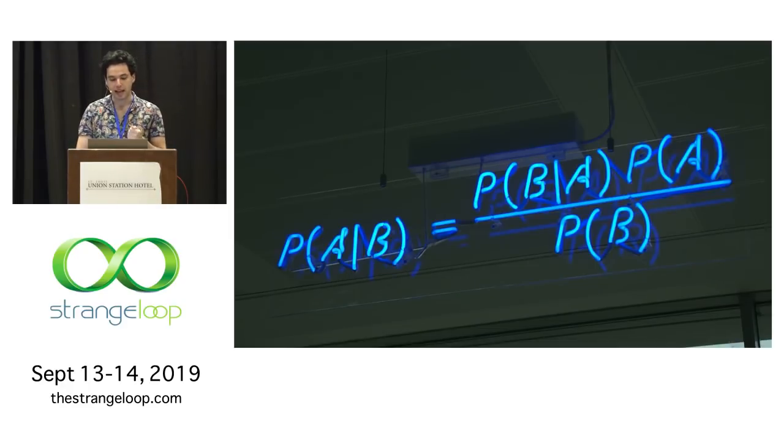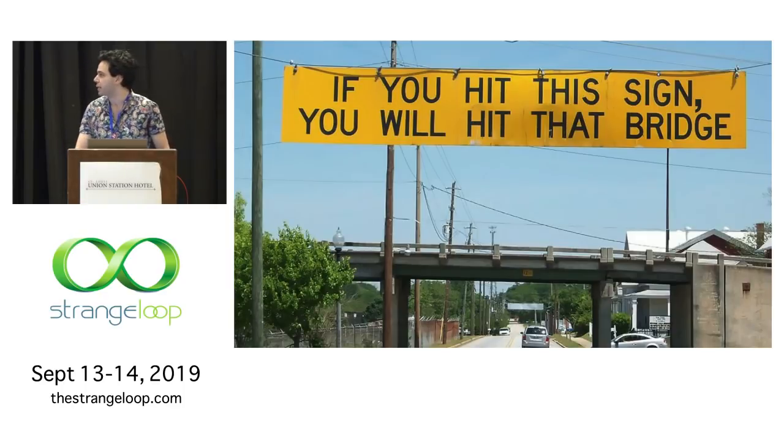Probabilistic programming relies heavily on a formula for probabilistic reasoning called Bayes' rule. This is a really important formula in probability theory and statistics, so much so that at HP in Cambridge they made a neon sign of the formula. And you know that when people make a sign for something, it's probably because it's telling us something important.